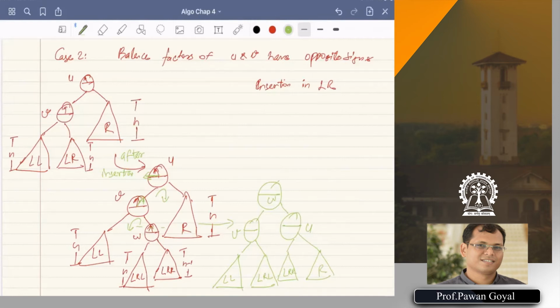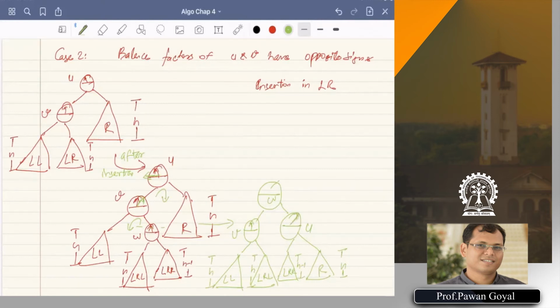Okay, now let's try to put the balances back. So this was H, LRR was H minus 1, LL was H, and LRL was H. So that means V is done, V has a balance factor of 0. For U, it's right tilted, so it has a balance factor of now plus 1.